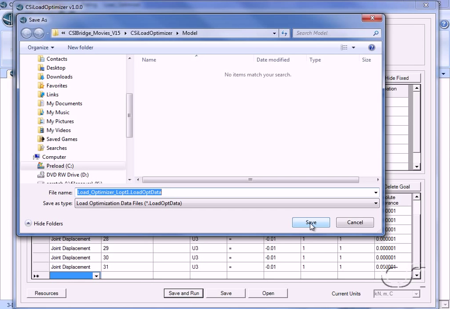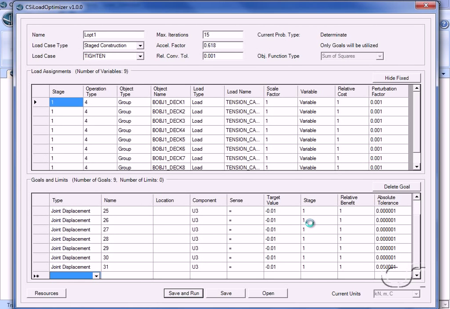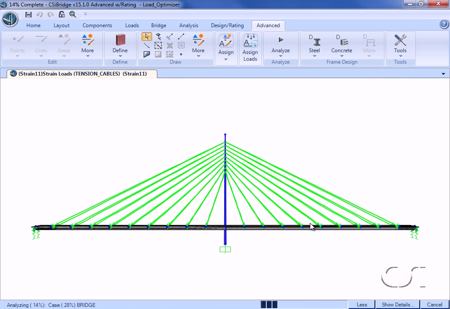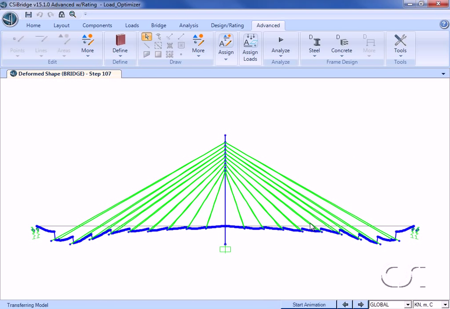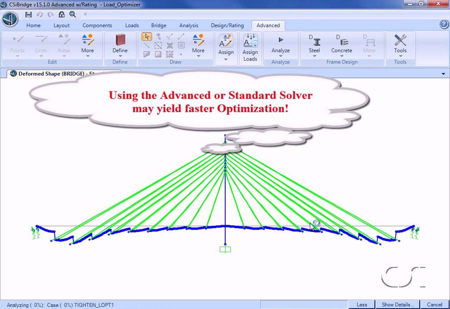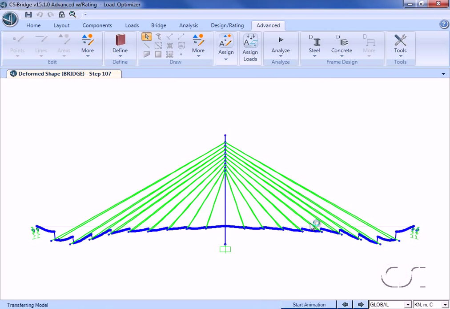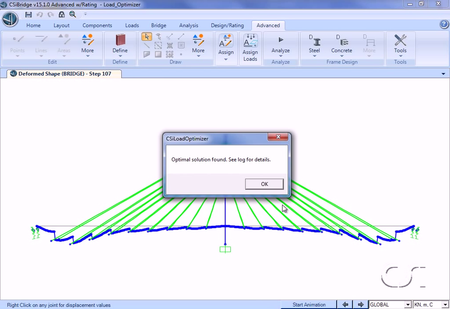This optimization may take significant time due to the iterations required. This message lets us know that the optimization is complete.